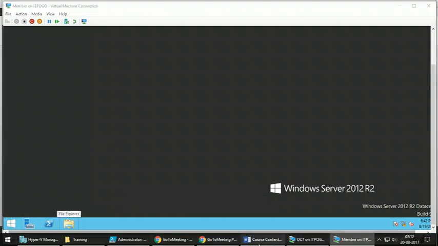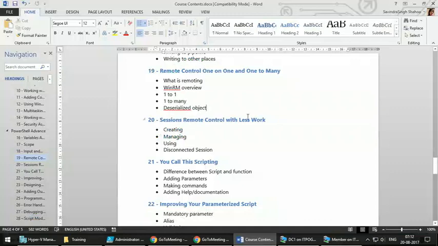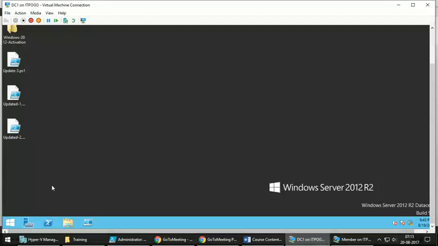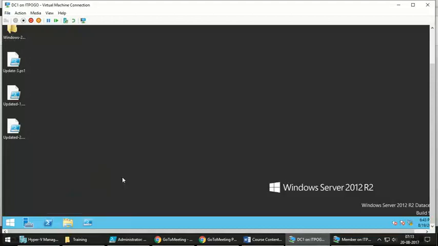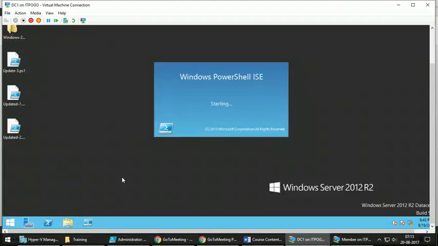The first thing for remoting to begin with is that remoting in PowerShell depends on a service called WinRM. If you check the status of that service, let's wait for this to load up.